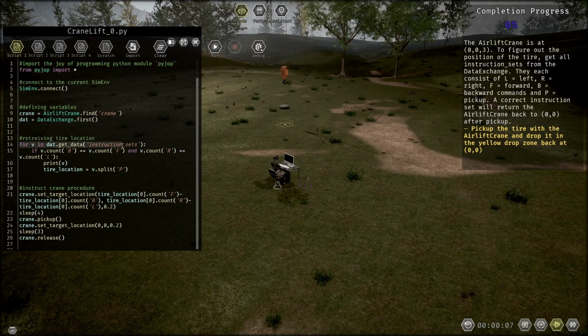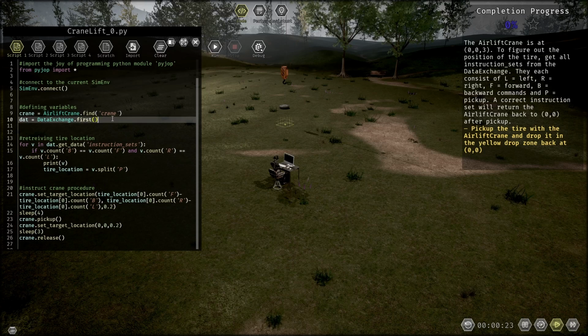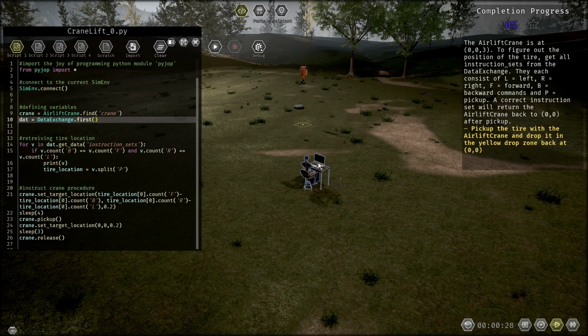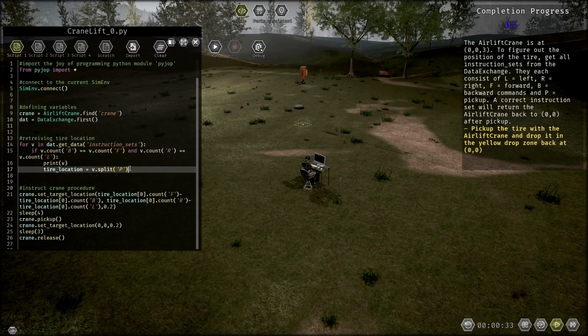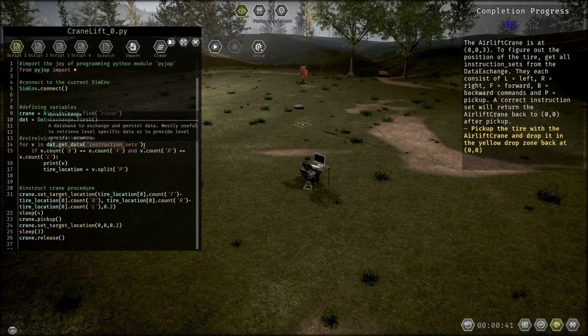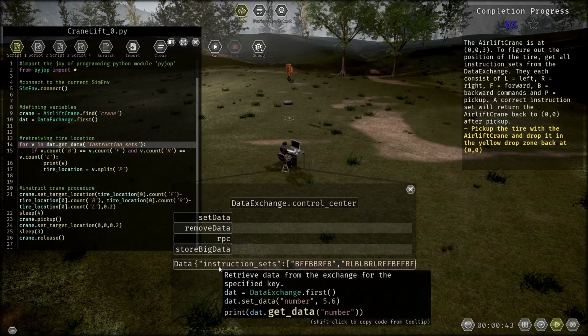So here's the code. First, of course, we connect to the sim environment, import the library, and define the only two variables that we need, which is the crane and the data exchange center. So here, to retrieve the tire location, I went for this code, which you can find here,